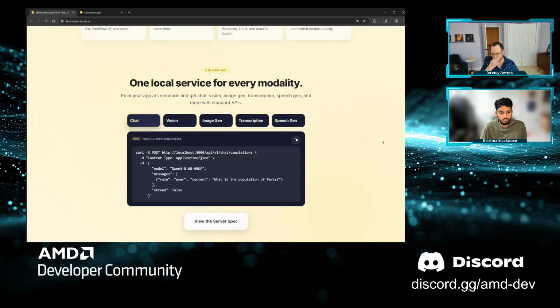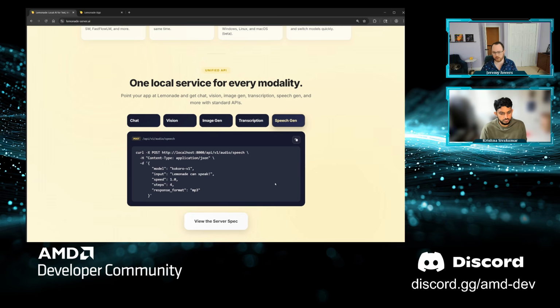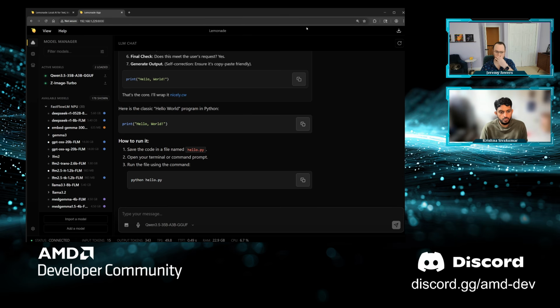And then there's all these APIs available once it's installed. This is the technical bit, what the developers and the apps will actually be talking to, right? Chat completions is one of the most famous APIs available. This is how you do LLM messages back and forth with a lot of chat apps. And then you can also do image input, image output, speech input, and speech output. There's an API for everything that is standardized and apps use to talk about it. So that's all the slideware I'm going to do, and then we can hop into the